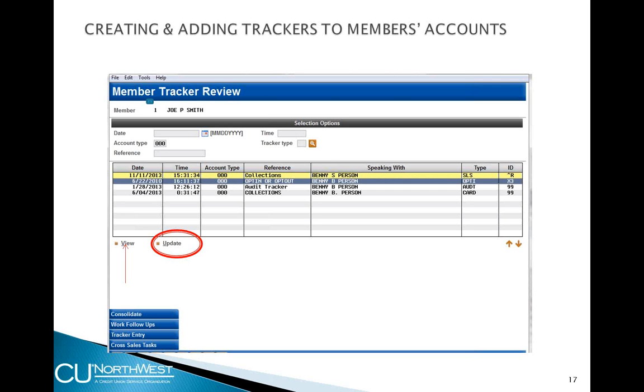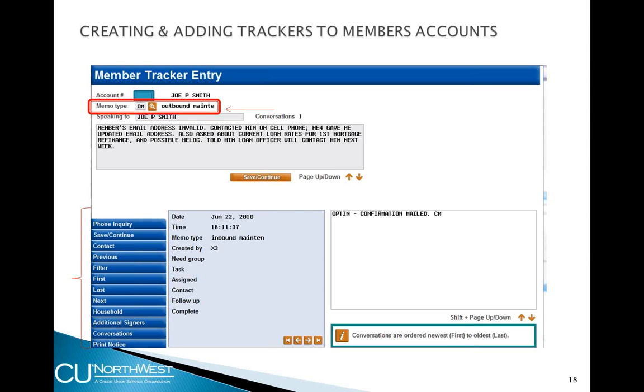So if you wanted to see the information that already exists in this record, you can highlight it and press View, the other option at the bottom of the listing. So I chose a memo from our Spyglass list, which is outbound maintenance. The tracker I created of the ES escrow processing is not available because we're adding that to an existing tracker. Only those memo types which are already configured for this tracker type are going to appear for you as an